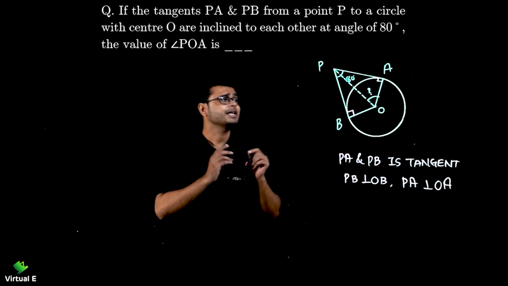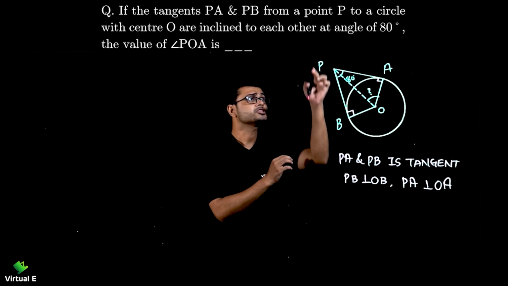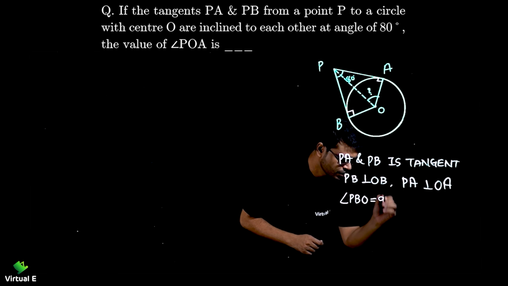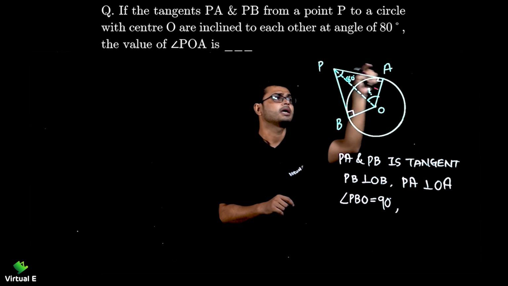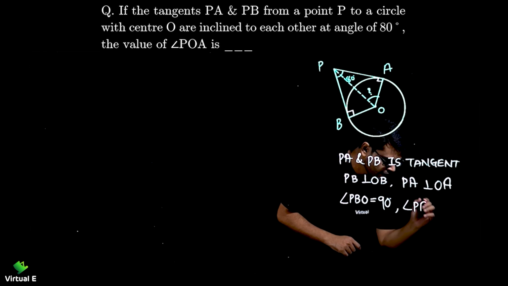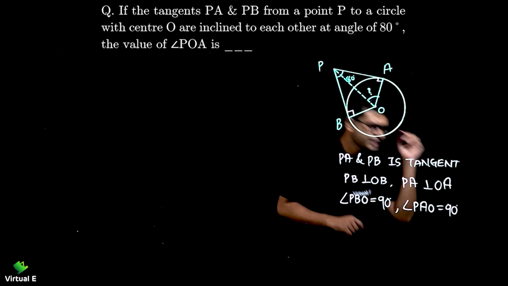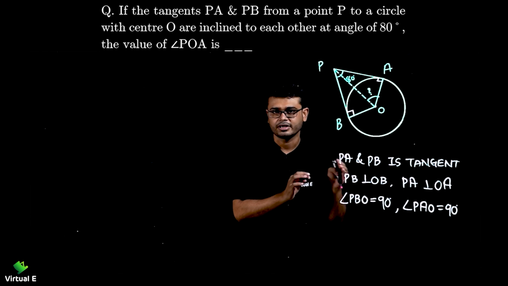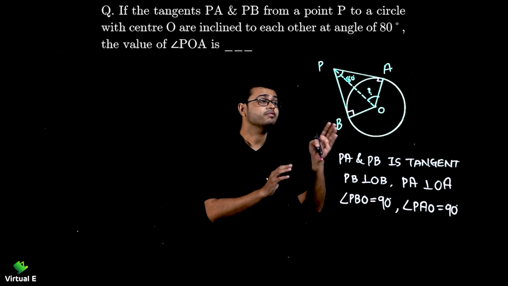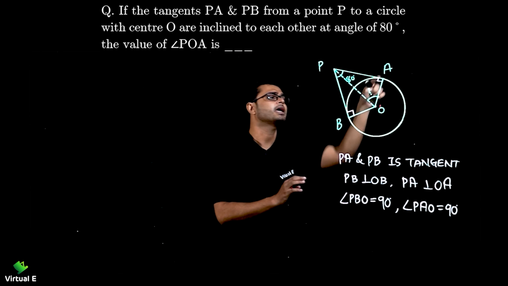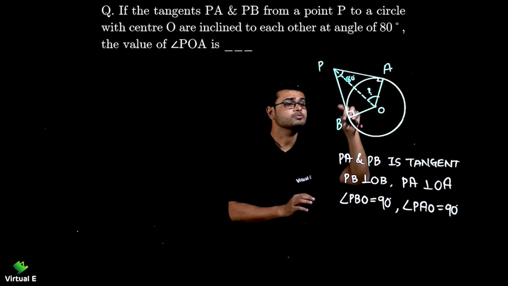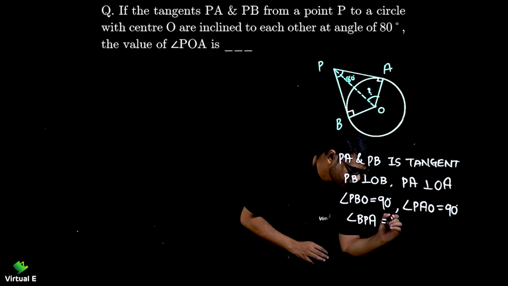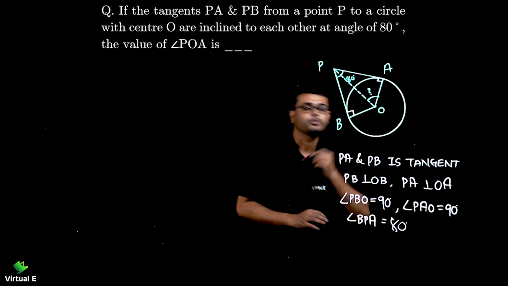They are 90 degrees. So let's write the names of those angles as well, which is PBO. Here, angle PBO is equal to 90 degrees and angle PAO is also equal to 90 degrees. Done. Now, first of all, let's imagine there is no dotted line over here. So we dealt with this situation with quadrilateral PAOB, right? Let's write this known angle as well, which is BPA. Angle BPA is equal to 80 degrees. It's given in the question, right?